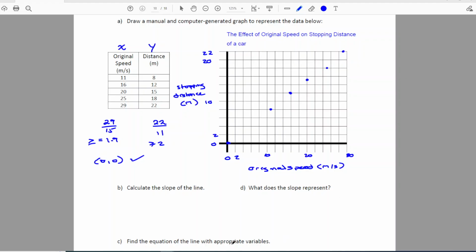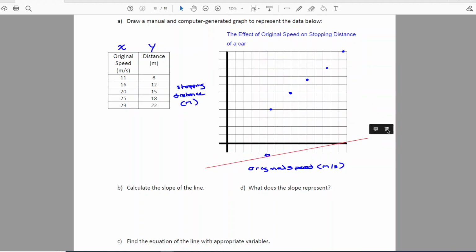Okay. Now the question is how to draw my line of best fit. Now I don't have a ruler, but I have this funky thing on my graph. If it'll let me do it, I have to start it here. Oh, it's not going to let me do it. Okay, let me see if I start it the other way. There we go. Okay, so I'm going to go through the origin. Oh, it's not going to let me do it. So it's really hard to make this happen